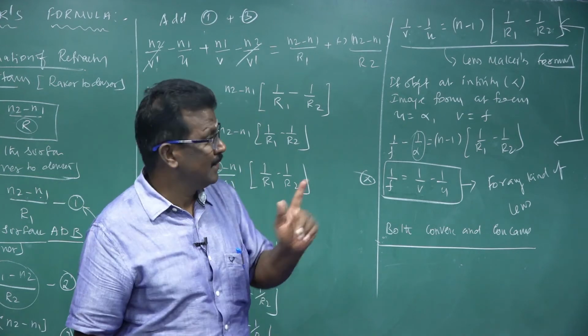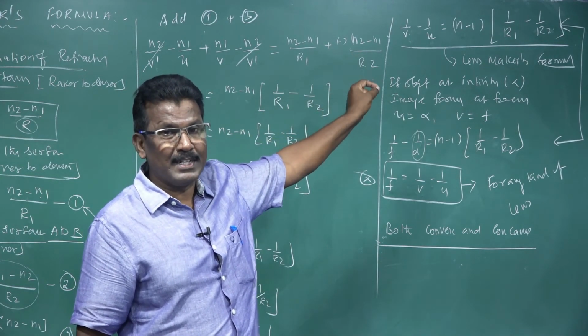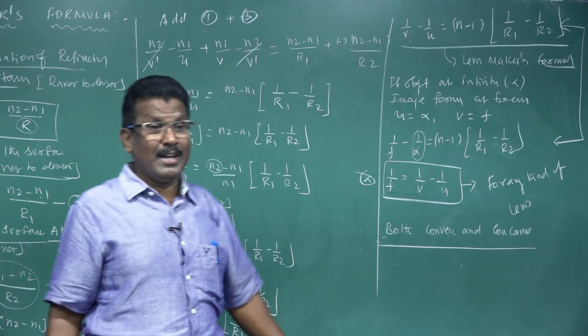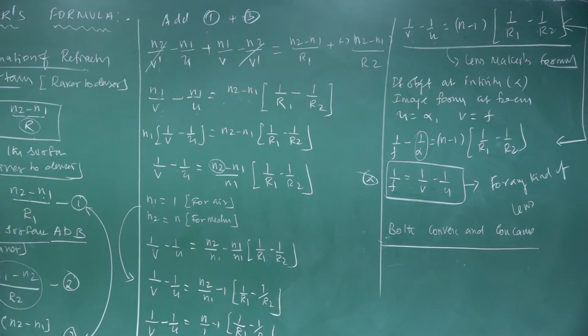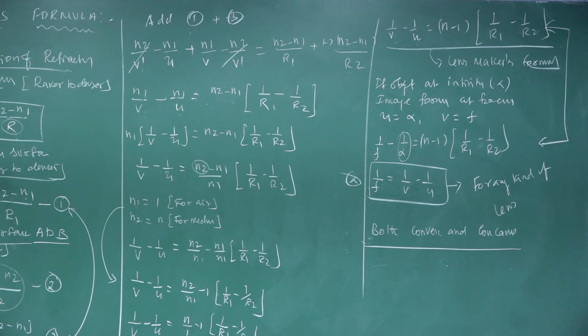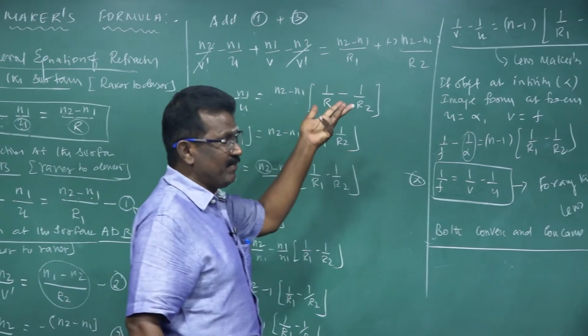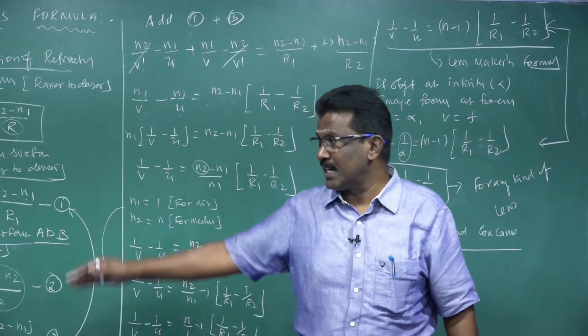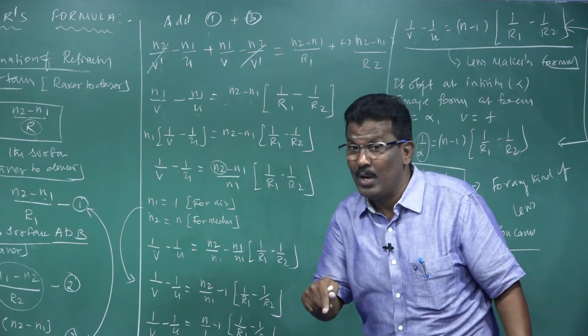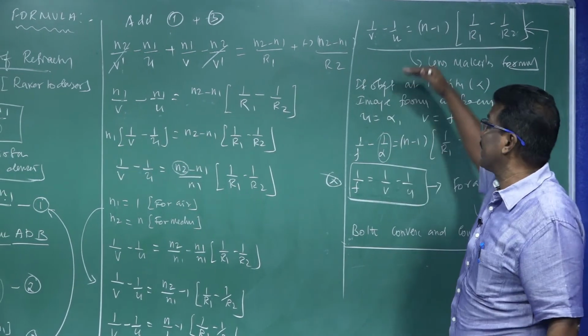For that purpose, before making any lens, the maker should consider this equation. So the lens maker formula is very important. If we know the final formula of the lens maker formula, we can solve any kind of problem asked. If the radii of curvature R1, R2 are given, here we should consider the Cartesian sign convention.